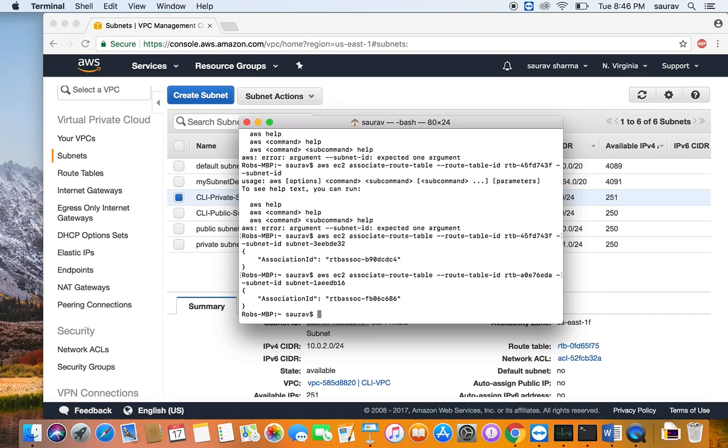What we need to do is to create a security group. Now the security group is like a firewall that says what should I allow coming into my resources, or what traffic should I allow going out of my instances or my resources, to be precise. So to create a security group, what we do is say AWS EC2 create security group